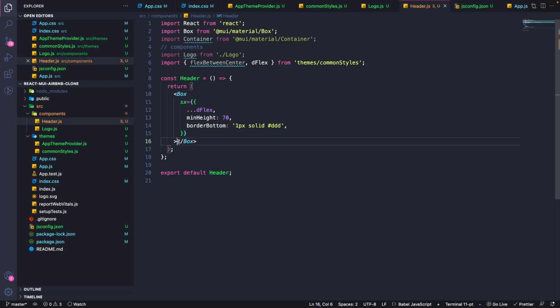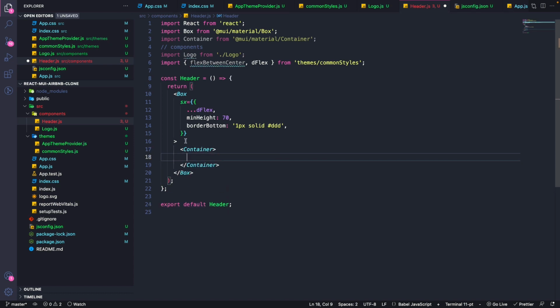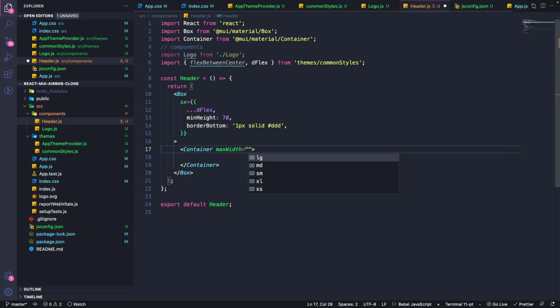So within the Box, I'm saying I need to use the Container component, which takes a max width property set to xl,